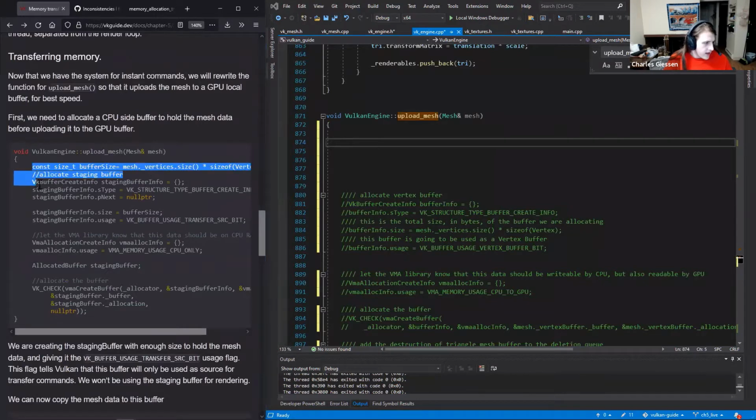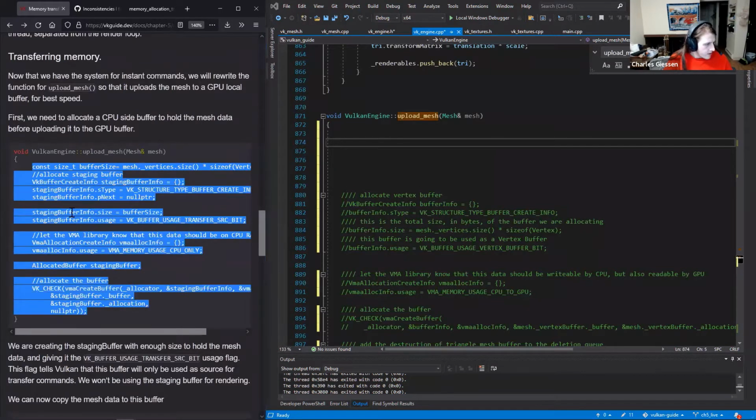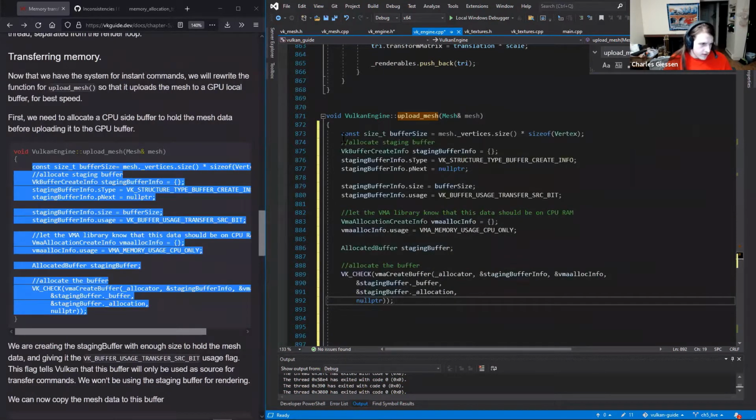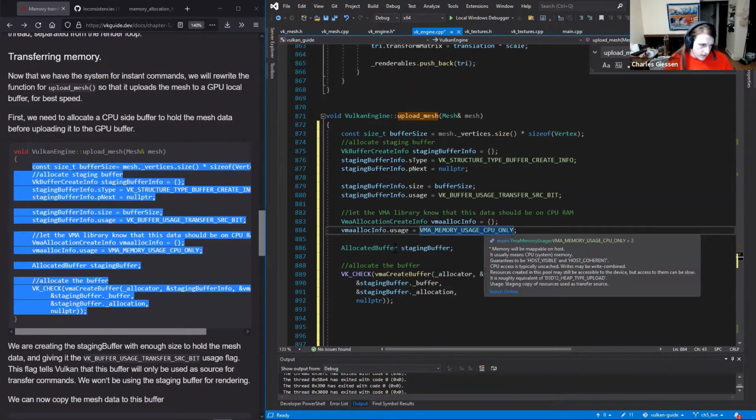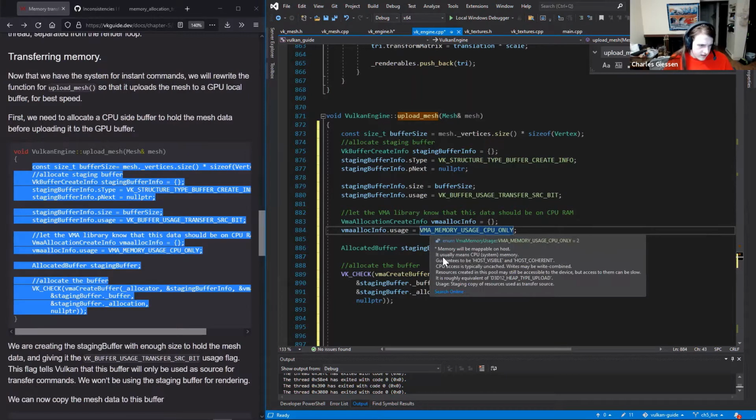We have to create a local buffer to store the memory in on the CPU. So we have a buffer whose size we get from the mesh that we've loaded already, and we're going to use it as the source for a transfer. So the only usage thing we need to provide is the transfer source bit. Since it's a staging buffer, we have CPU only,